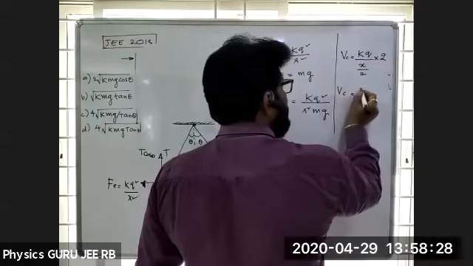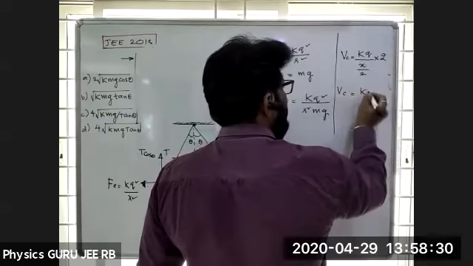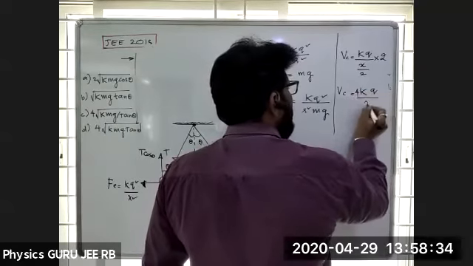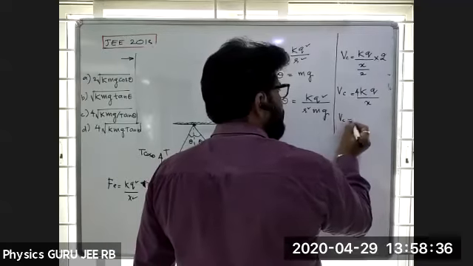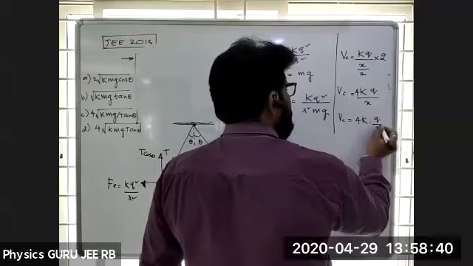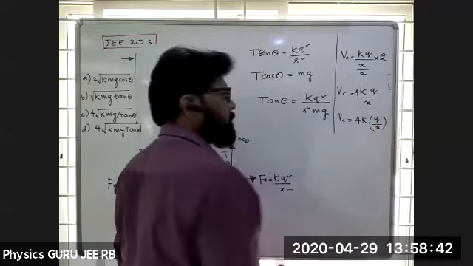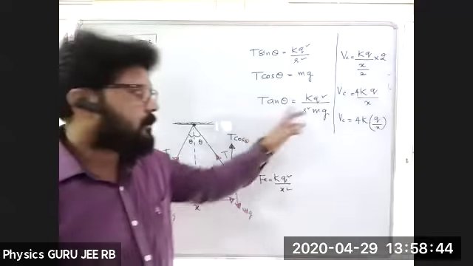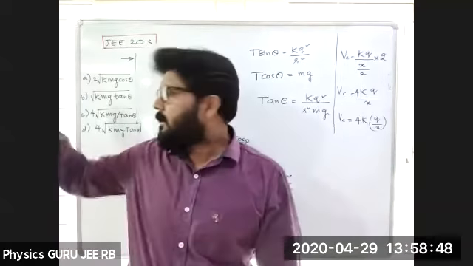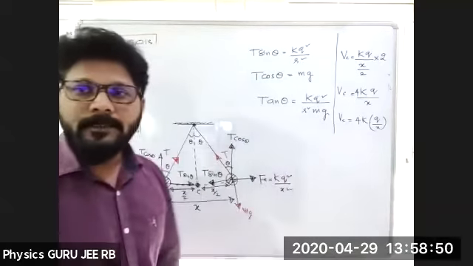Vc is equal to 2k, and this 2 will go up, that means 4kq by x. That is, Vc is equal to 4 into k, a constant, into q by x. So what I am trying to calculate is q by x. From this equation, if I get q by x, then simply substitute there. We'll be getting the answer for that one, right?